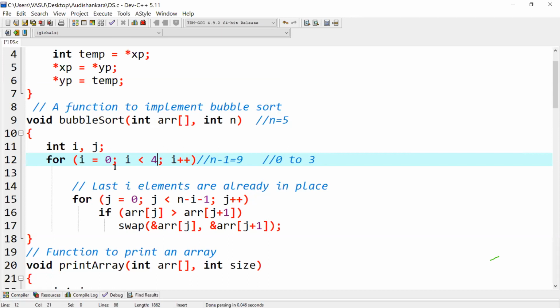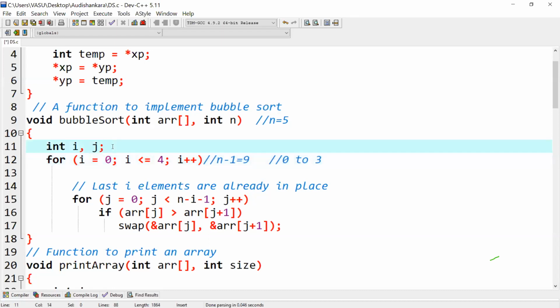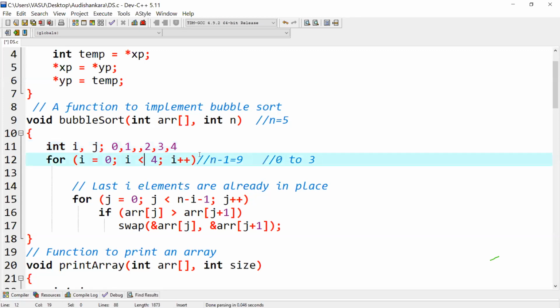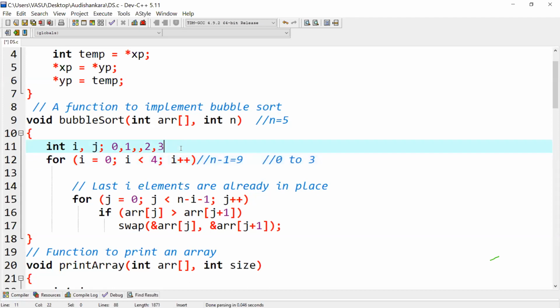It will go 0, 1, 2, 3. This 4 will not be considered because I'm writing only the less than sign here. If I write equal to here, then this 4 will be considered, and i will go 0, 1, 2, 3, and 4. But since I am not writing the equal to sign, i will go until 3 only. It will not go for 4.